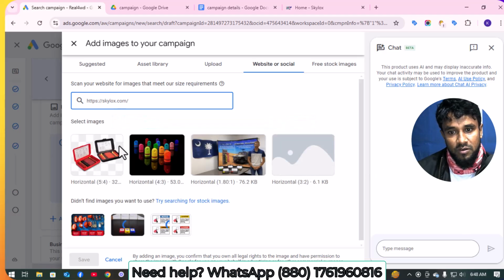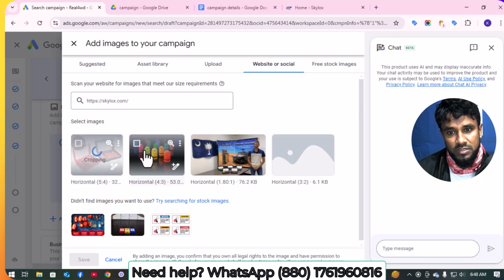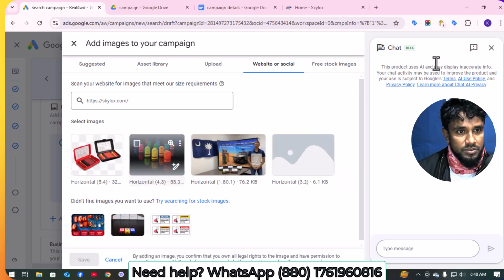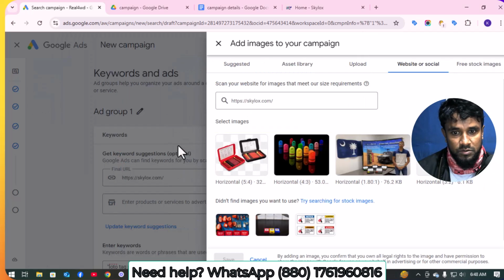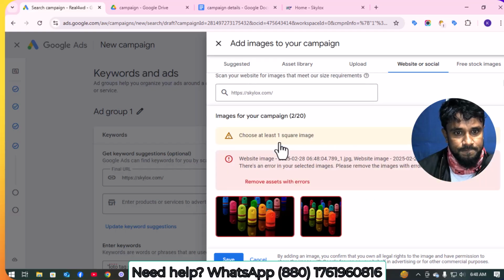Here you can see lots of images found. So we just select some. We need to remove first. Let's see which we can select. Maybe this one, and also